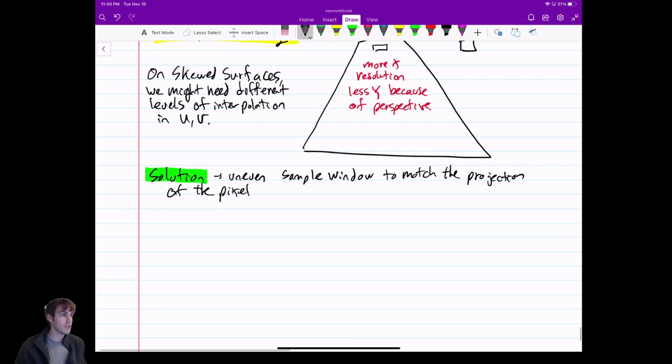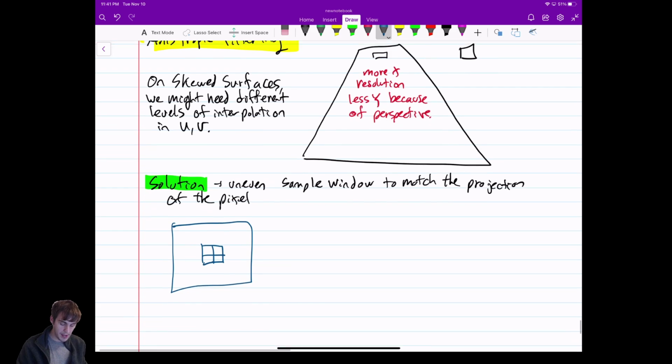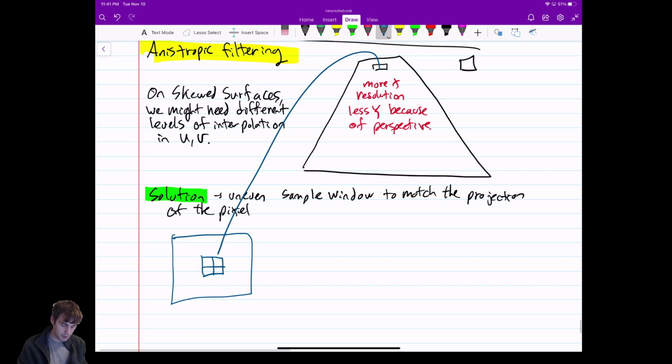We can interpolate that when we're doing the surface in the same way we interpolate other features. So that's our solution. So what we do is, if this is our texture, our map at some level, doesn't really matter. Previously, we'd take this pixel, and we'd come down here and we'd do our 2x2 thing. But what we do now is we've realized we kind of need more resolution in the x direction. So let's add on some extra pixels here, and let's interpolate broader and build those in. So this is called anisotropic